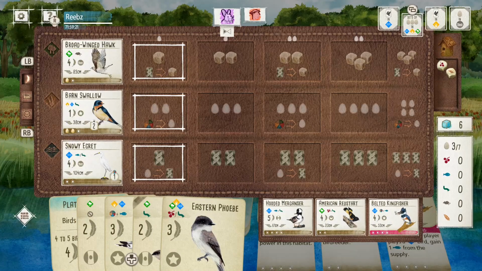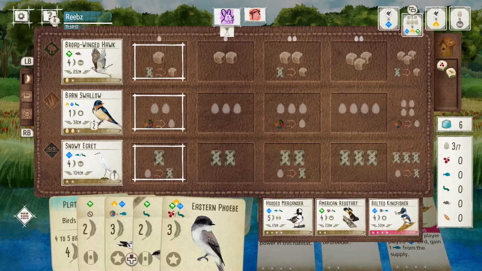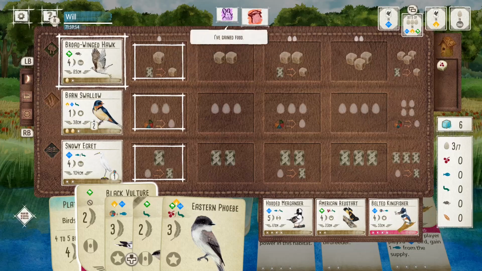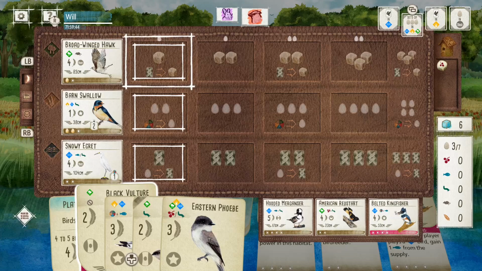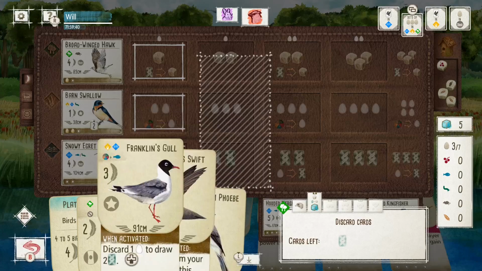Now, when your opponent has a Raven, you don't have to worry so much about that, because with a Raven, they're going to be getting all the food they need. So if I'm giving them the occasional extra food, I don't think that's really too much of a big deal. So yeah, I think I could have gone for the red start, and certainly that would help me get more food in the forest. But I think trying to get this Phoebe down